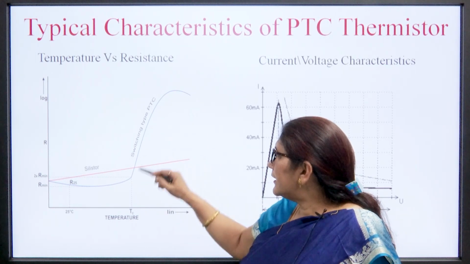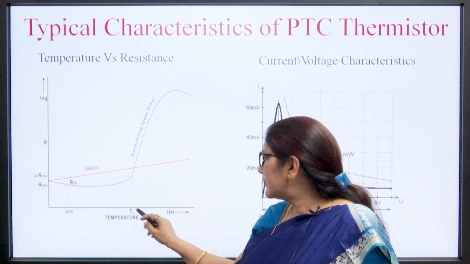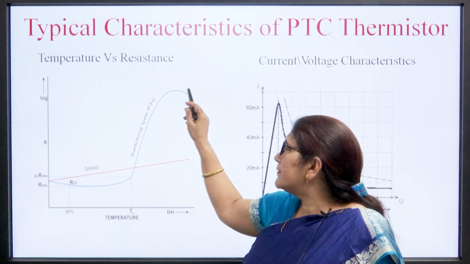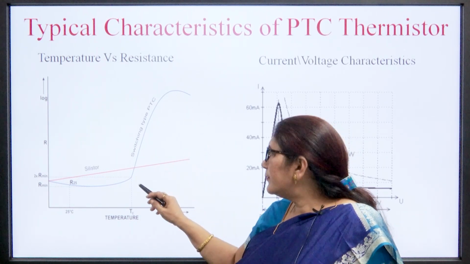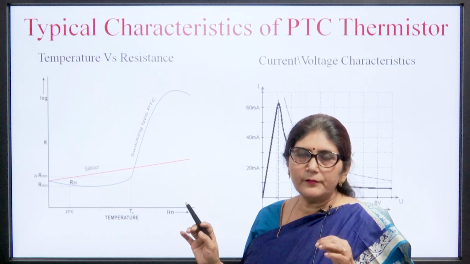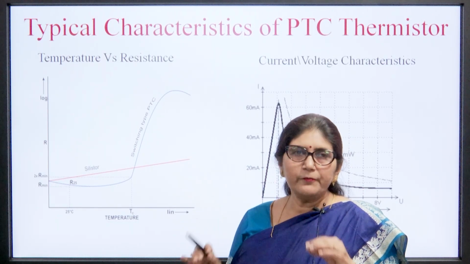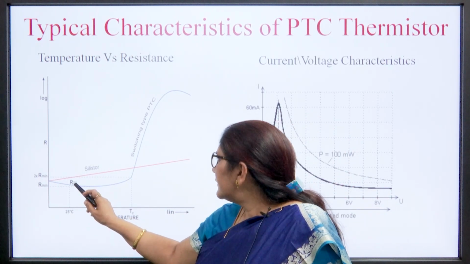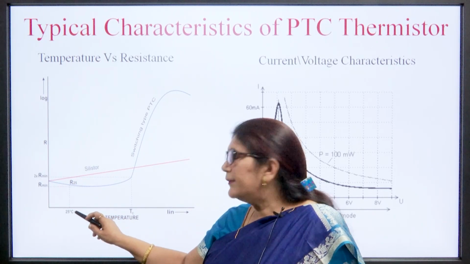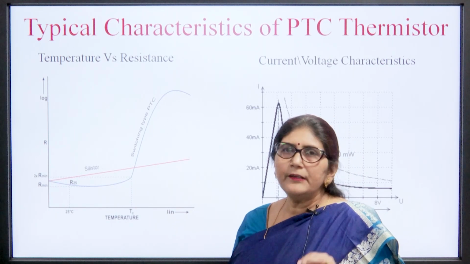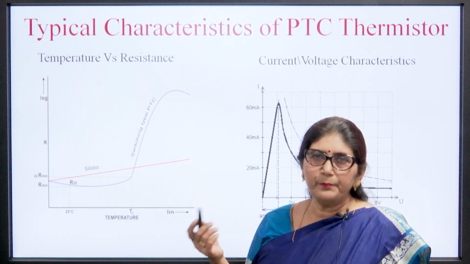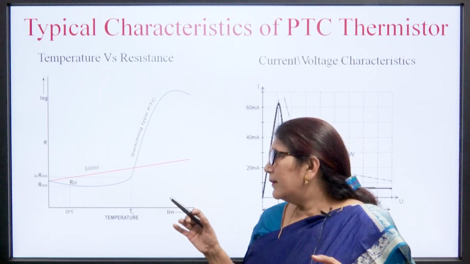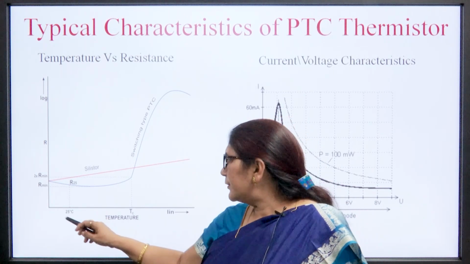But in the switching type we can see that after this critical temperature, or the transition temperature, the resistance increases very sharply. So, we can use the switching type PTC where we need a very sensitive device. Here there are two points. This is R25, that means at 25 degrees centigrade we generally define the value of the resistance in the case of PTC. So, the resistance of a PTC thermistor is defined at a temperature of 25 degrees.